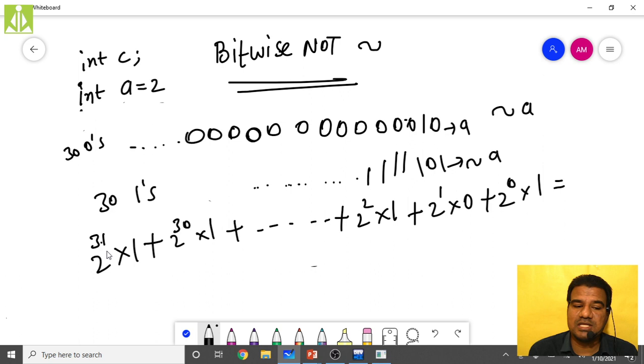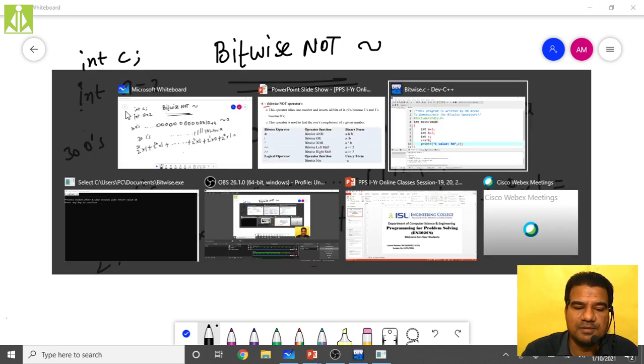Simply we see whether it is in the range of integer or not, because there is a particular specific range for integer we have, isn't it? Whether it will be in the range of integer or it is exceeding the range of integer, simply you will get some very huge value. So that we will see.